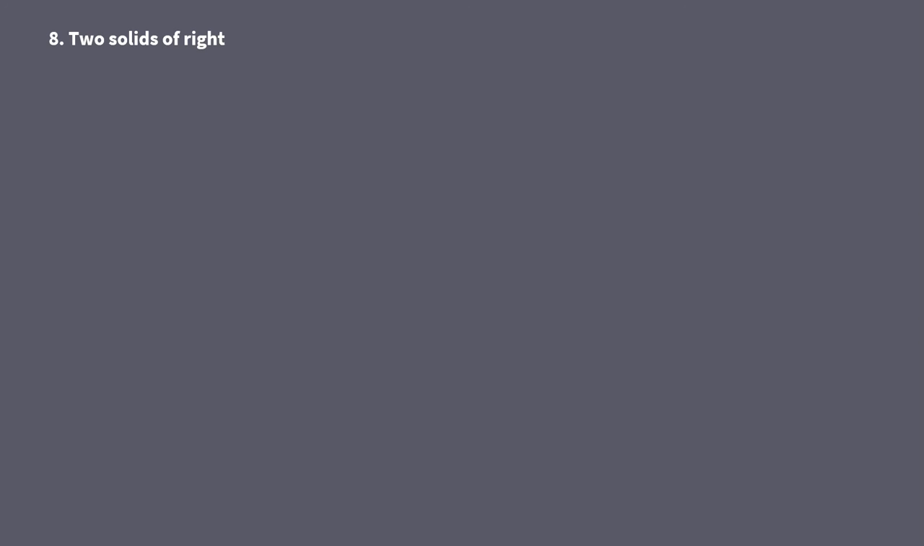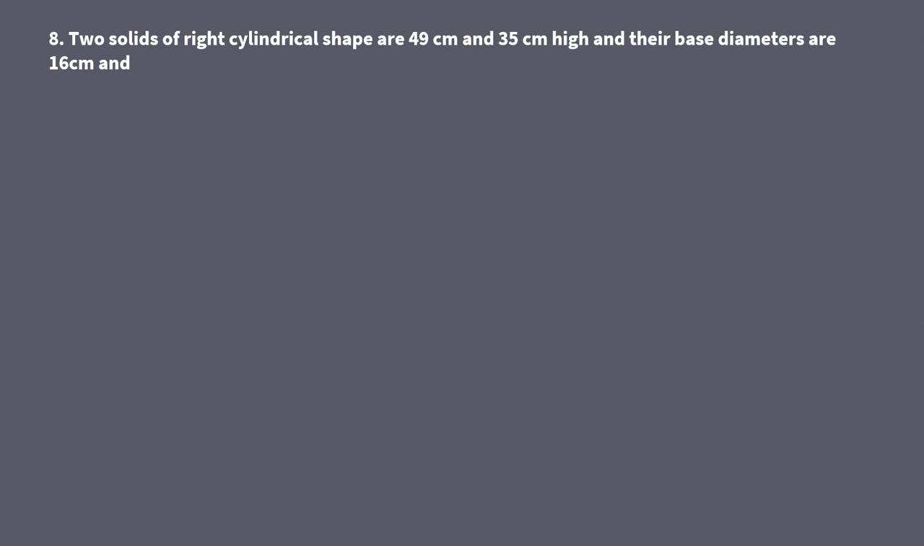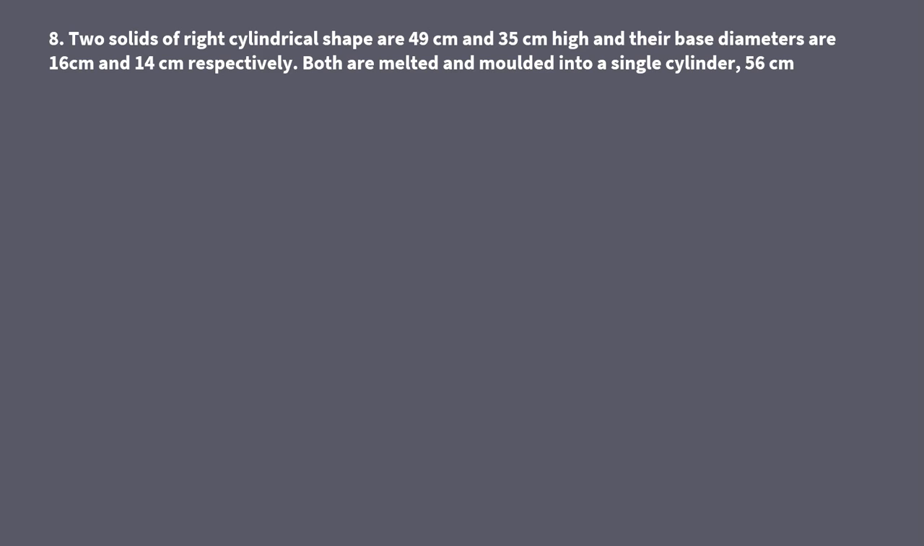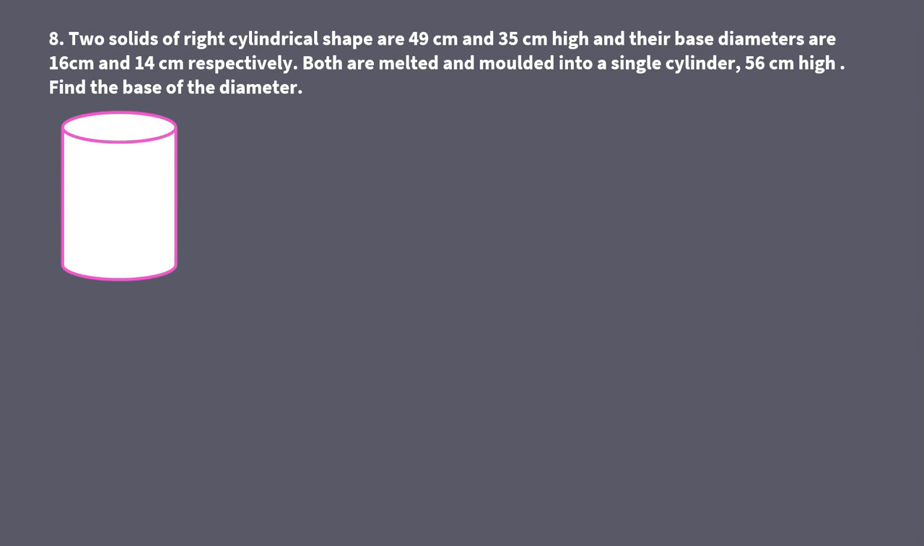Two solids of right cylindrical shape are 49 centimeter and 35 centimeter high, and their base diameters are 16 centimeter and 14 centimeter respectively. Both are melted and molded into a single cylinder 56 centimeter high. Find the base diameter. So there is one cylinder